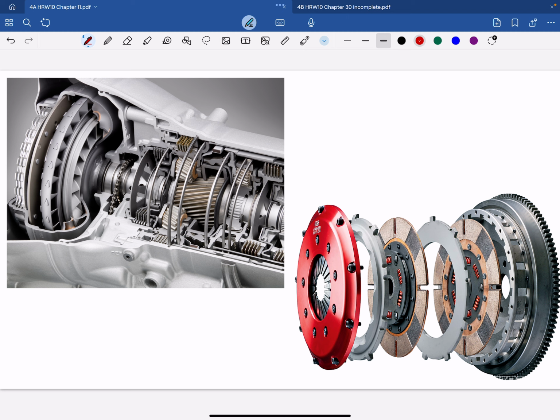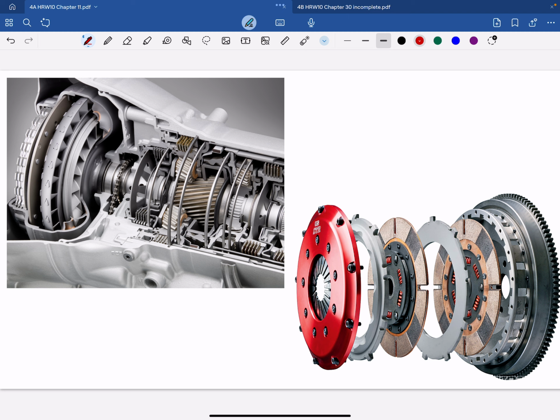You can push the clutch pedal in, which completely disengages the engine from the drivetrain, okay? You can shift into neutral at that point. It's much easier to change gears when the engine isn't trying to tell the rest of the car what to do. And so you push in the clutch, you change your gear, you release the clutch. You burn out several clutches while you learn how to do that smoothly, right? But